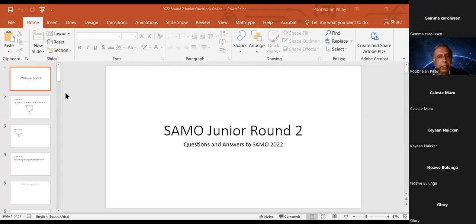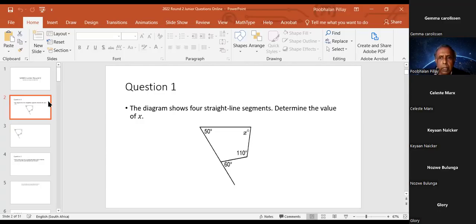All right, so the very first problem is a rather simple problem. It's a problem in geometry, and you have a flag-like picture here in which three angles are given, and one of the angles is an unknown, the x, and you are asked to calculate it. All right, for this, we need to